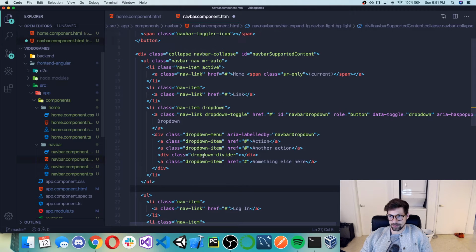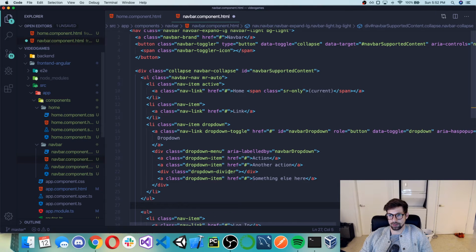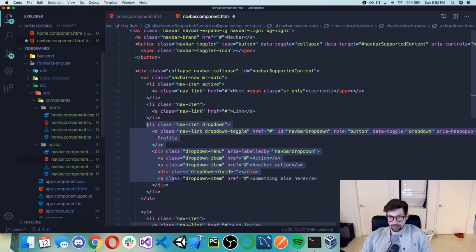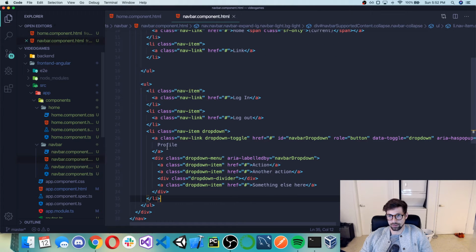And let's make a separation of this. So dropdown, I mean, it looks cool, but we don't need it. I'll leave it just in case. So I don't know, profile or whatever. And actually this, I'm going to put it within the second UL. So we're just going to cut this and paste it here. It's going to say profile. So our welcome user,